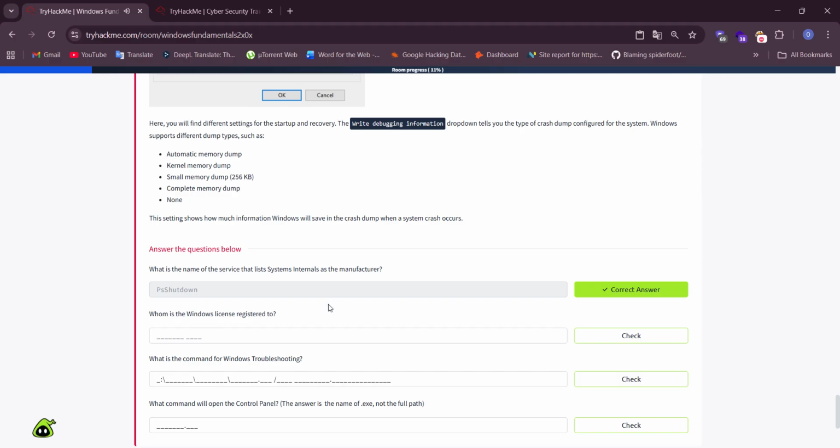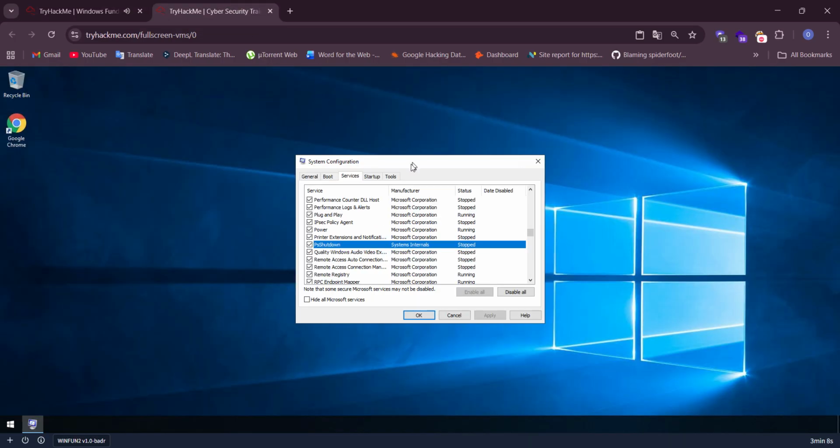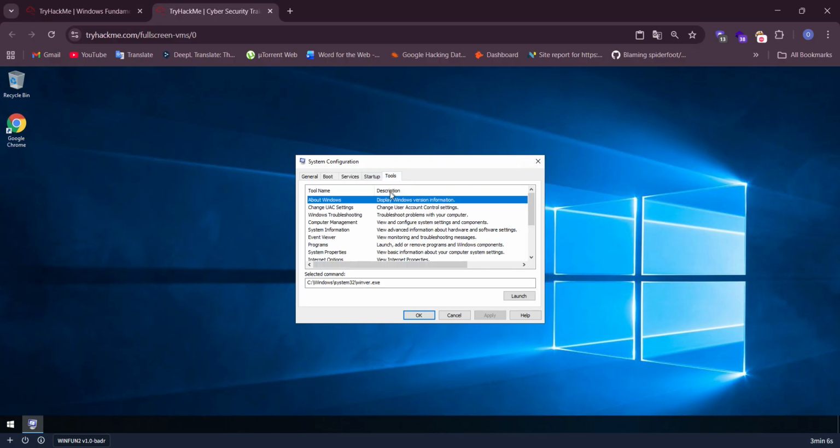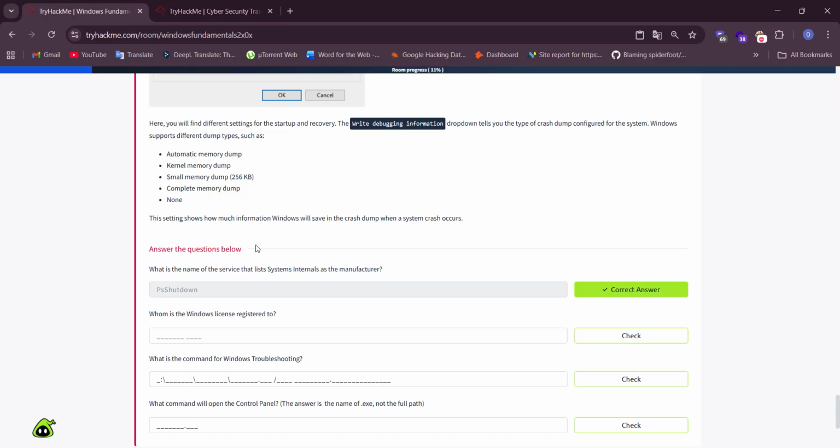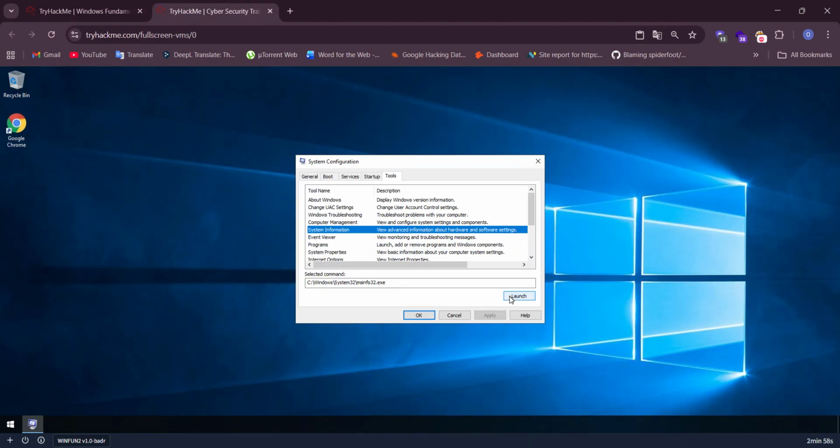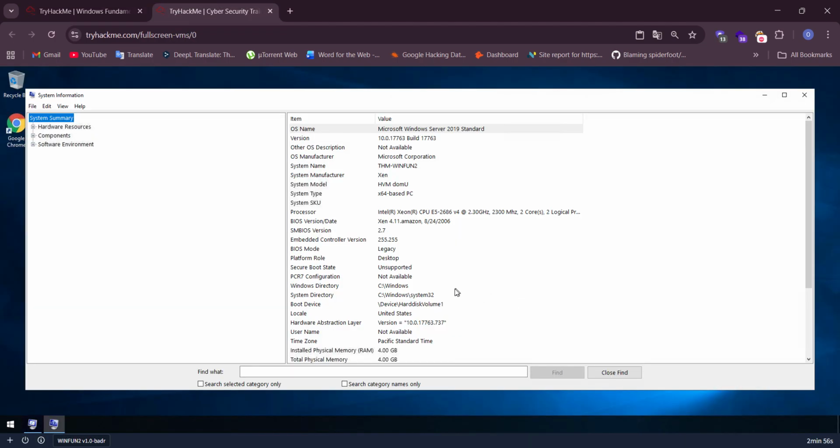Whom is the Windows license registered to? For this question, we will use System Information. Launch.